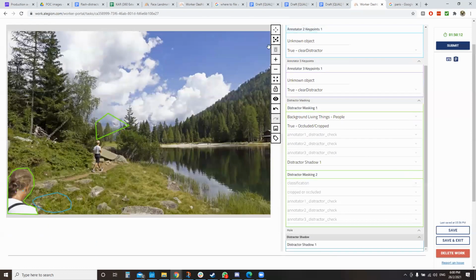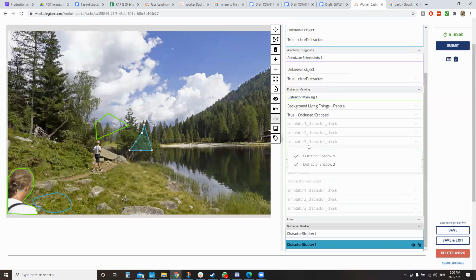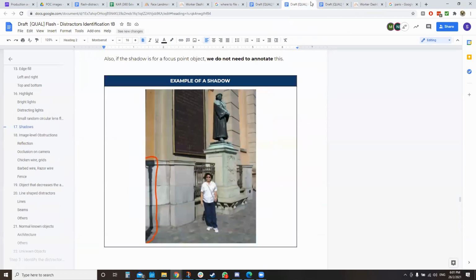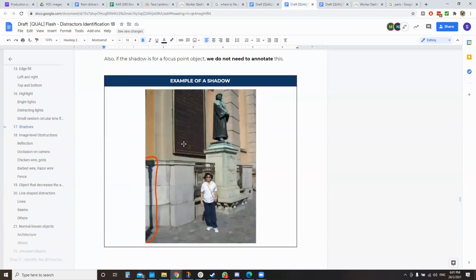Let's see. Annotate another shadow here. No, I'm not reading another shadow. Yes, can. Oh no, cannot. Can that, because it's a box. Got it. Can. But this one in production for qualification, you won't have. I think you will have, I think shadow masking, yes, you will have. But I don't know if you'll have, like, an example of two shadows and then annotate one. Maybe you will have, because some shadows, like